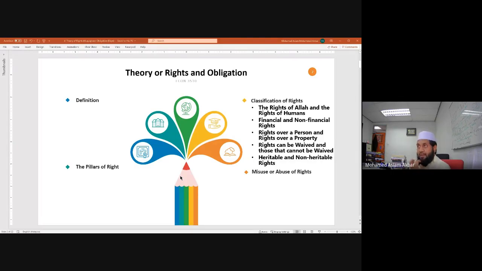If I use my eye for the wrong thing, if I use my hand for the wrong thing, tomorrow I need to answer to Allah subhanahu wa ta'ala. That's the reason why the Prophet ﷺ said you need to take care of your heart, your body, your eye and your entire body, because tomorrow they will go against you. In the Quran, Allah subhanahu wa ta'ala says that on the day of Qiyamah, the judgment day, my body will go against me,